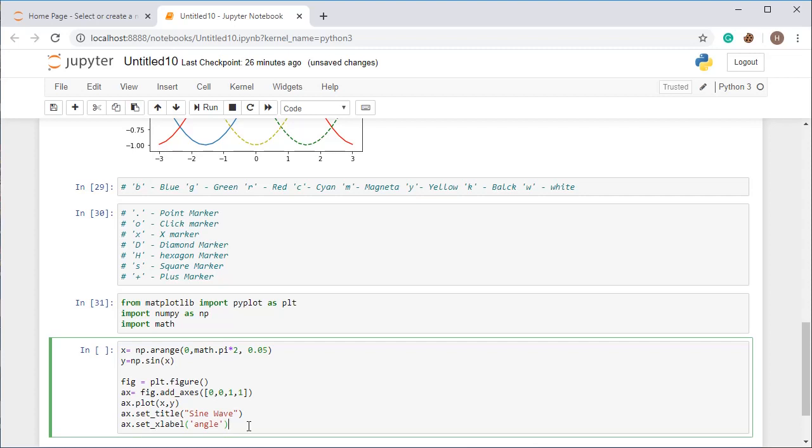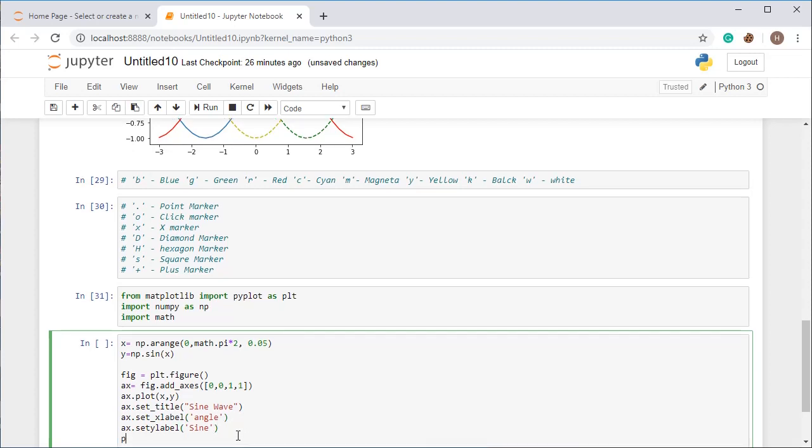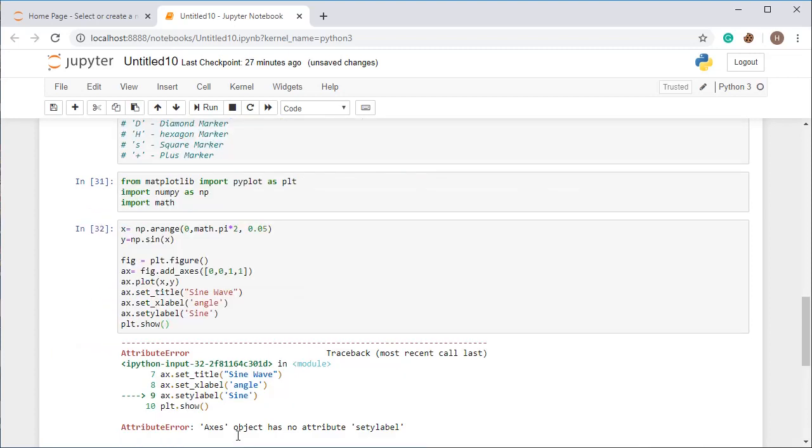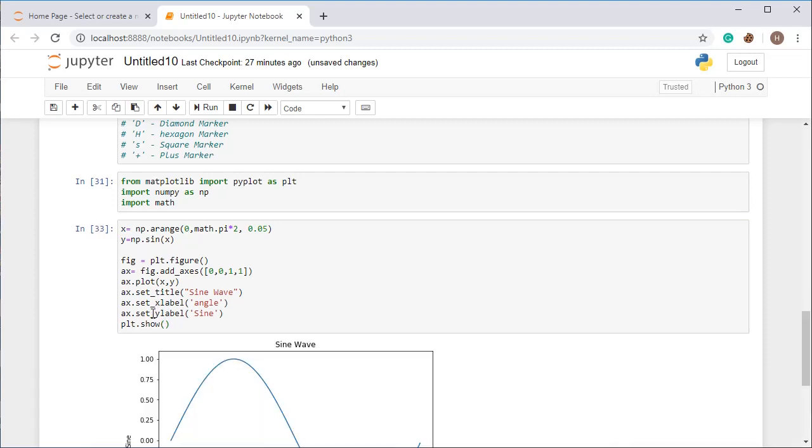Now I am going to set the y label, ax.set_ylabel, as sine value. All right, now I want this figure to be plotted, so just use the show function, and this will plot the figure for you. It's stating that I have used a wrong thing. So here is the graph.